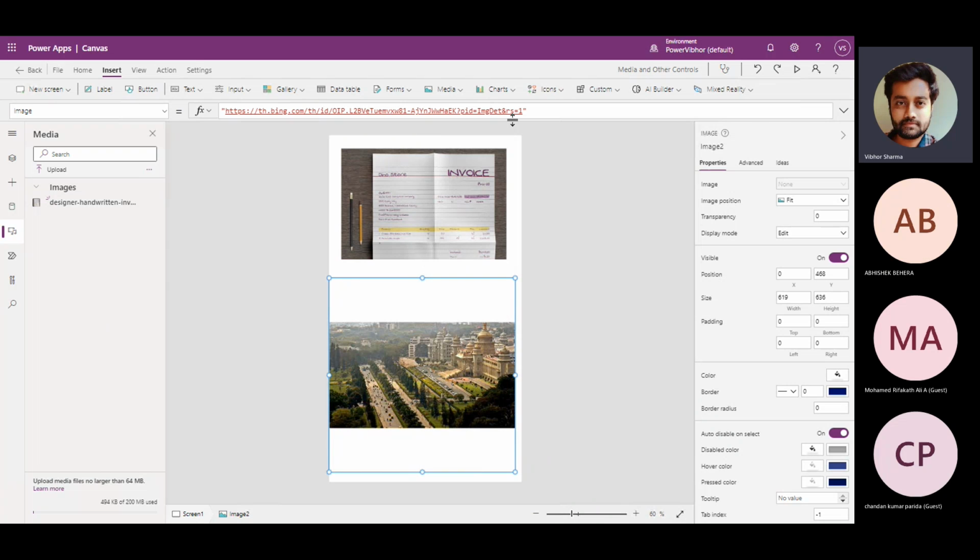Okay. Are you able to do it? Yes, sir. Is it working for you? Yes, sir. Sir, suppose I have to insert one more image, then it will be in that I want that